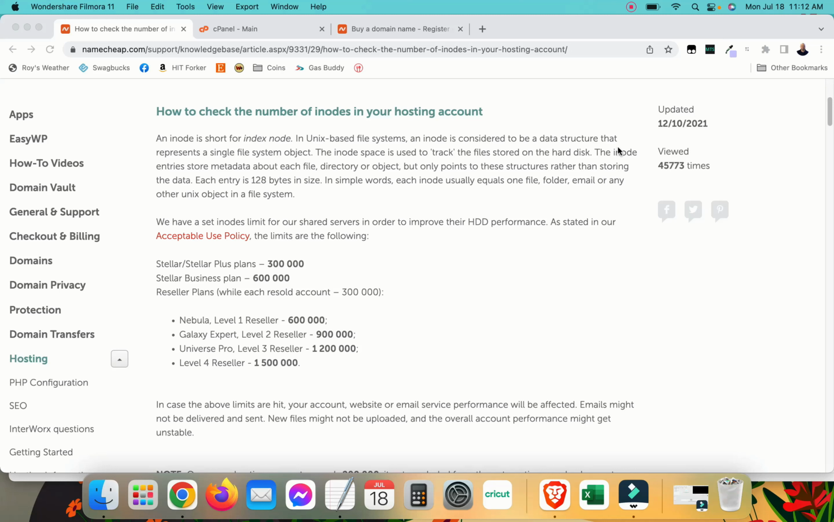Yeah, we're going to be talking about inodes. Now, in web hosting with your hosting provider, you may be seeing something about an inode limit or inode index limit or file limit. And that's exactly what we're going to be talking about today: exactly what these inodes are. So I've pulled up a Namecheap knowledge base help file for you, and I'm just going to read what